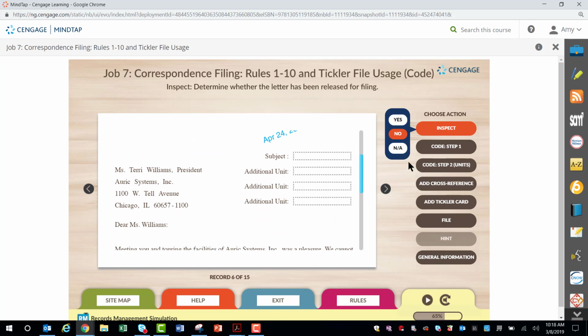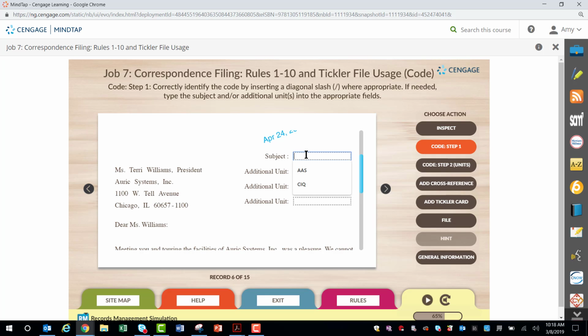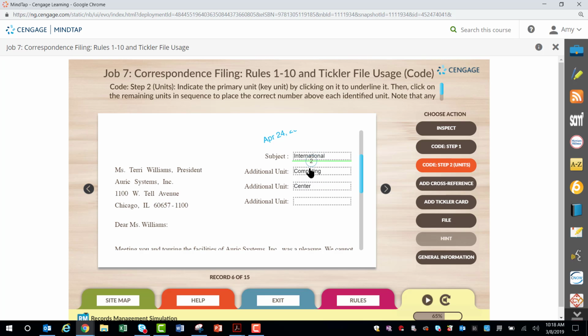Our subject, though, we are going to code into here, and this is going to be International Computing Center. Okay, we're going to add this, and that's how we would file this one. Now, with that being said,